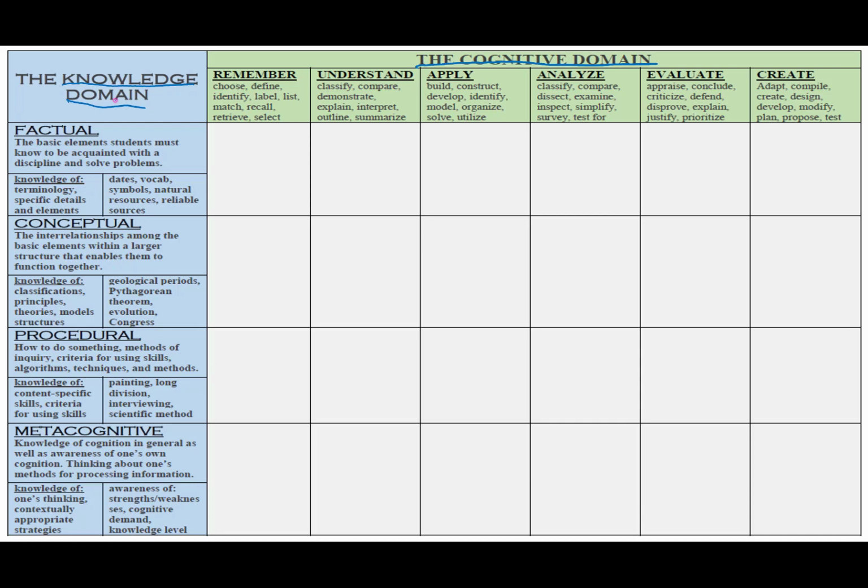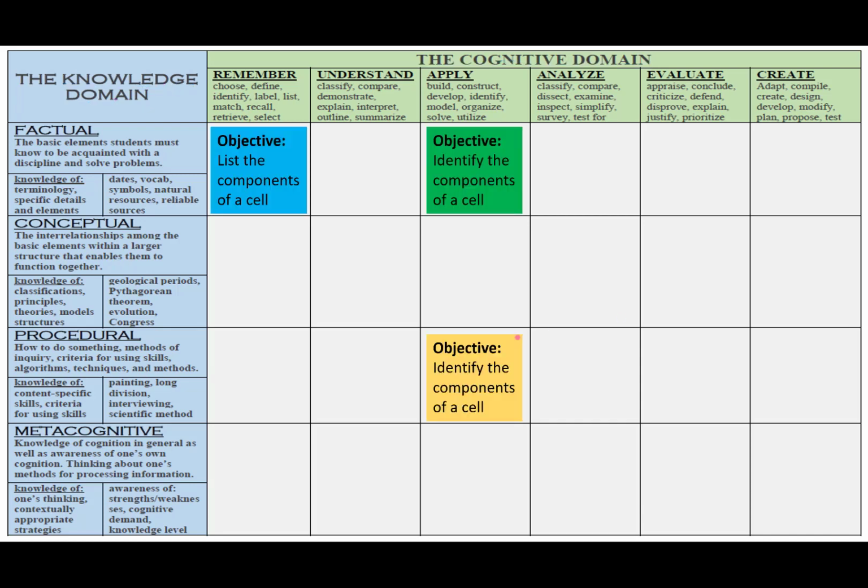So what this gives us is a very effective way of being able to take our objectives and classify them and think about, what do I want to get out of this objective? What cognitive level do I want my students operating at, and what type of knowledge are they going to be getting out of this objective? And so we can take very similar objectives and put them at very different places on this chart. And it all goes back to what kind of evidence you're going to be anticipating to show mastery